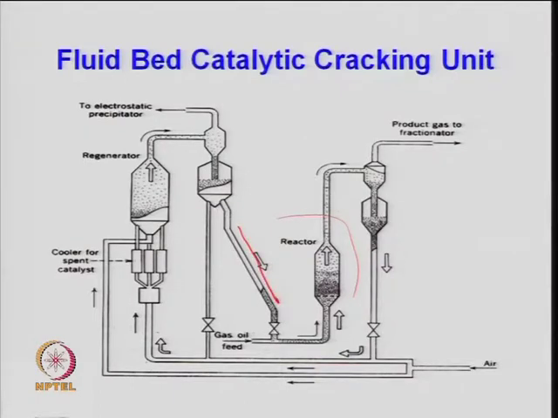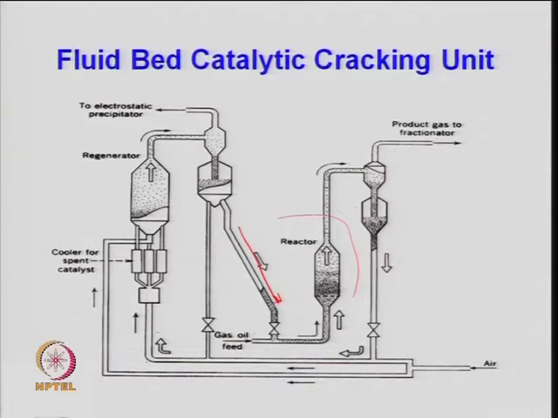The catalyst circulation rate one can calculate based on how much temperature is required in the regenerator section. You have a fine powder of the catalyst coming from here, which may be 100 to 150 micron, depending upon the velocity. This is acting as the gas for fluidization also, that is, vapors of the hydrocarbon, and sometimes steam is also used to strip out the hydrocarbon fraction along with this. This is taken here, and this is your reactor part.